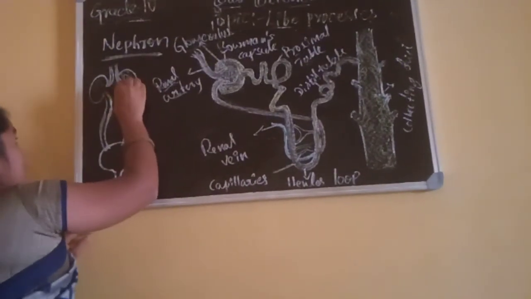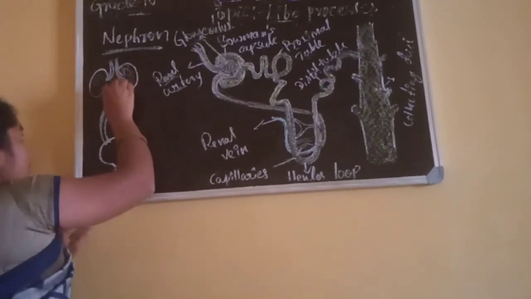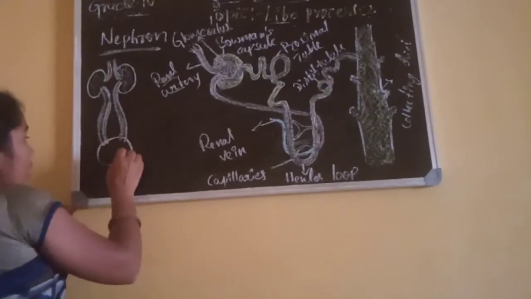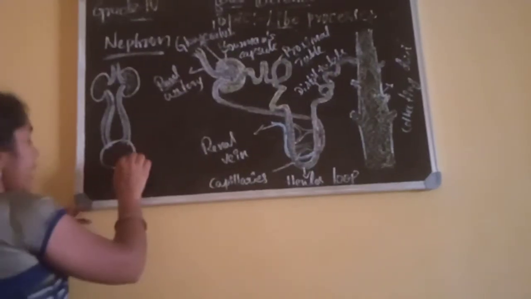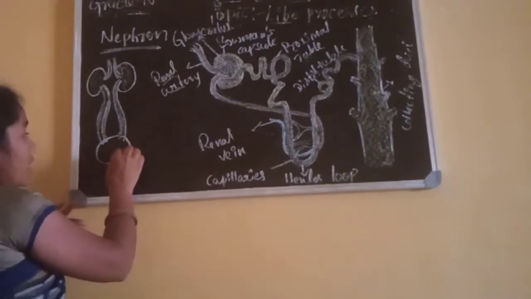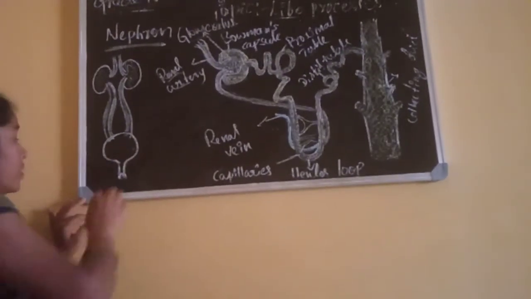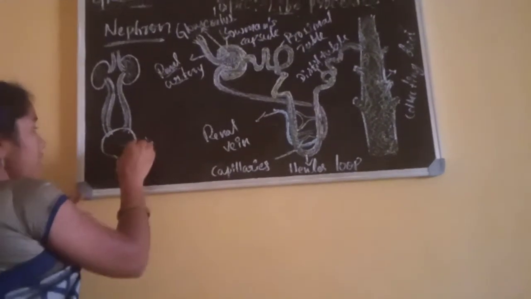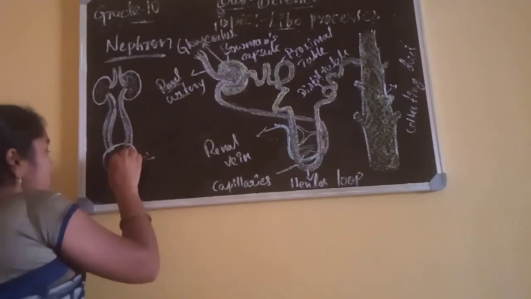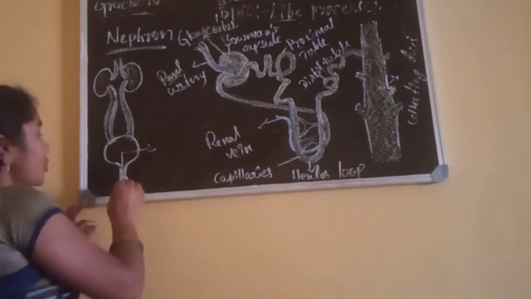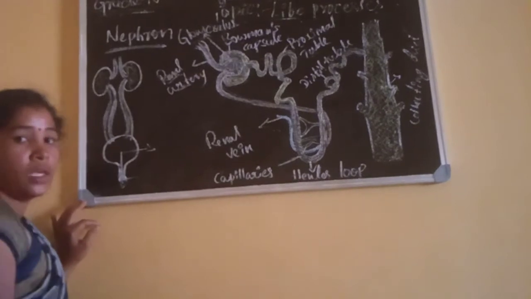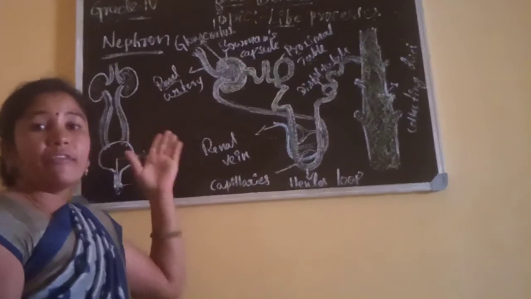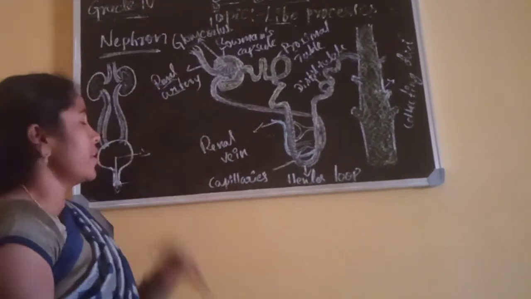From the kidney, there is a pair of ureters. Through the ureter, the urine passes to the urinary bladder until it's expanded. It works under the nervous system. When it expands to its capacity, it stores the urine. Which one? The urinary bladder. Then it passes the urine through the urethral opening. Dear students, this is the structure and function of the nephron.